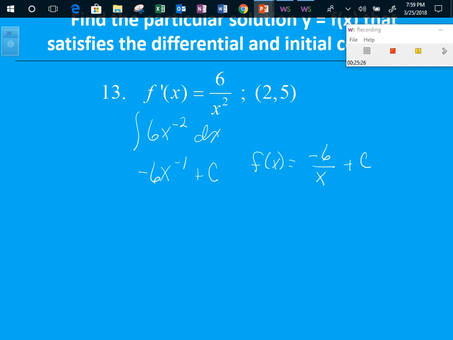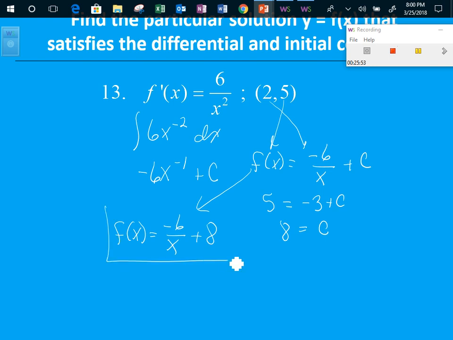Now, let's go figure out the value of c by plugging in 5 and 2. So I got 5 equal -6 divided by 2, -3 plus c. Looks like c is going to be 8. Final answer, f of x equal -6 over x plus 8. If you want to check it, plug in that ordered pair there, find this derivative, and make sure you get